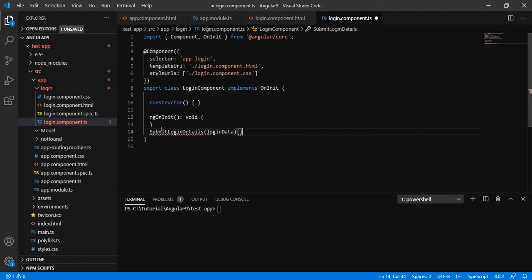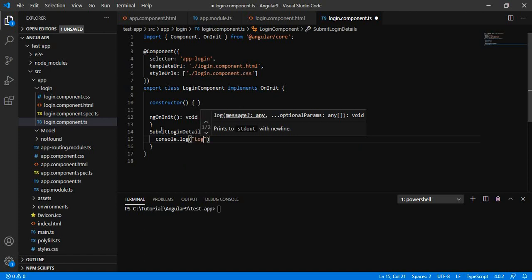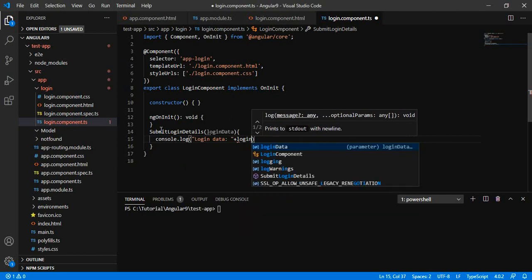So once we click on the submit or login button, this method will be called with the details that are available in the login form, that is our email and password.